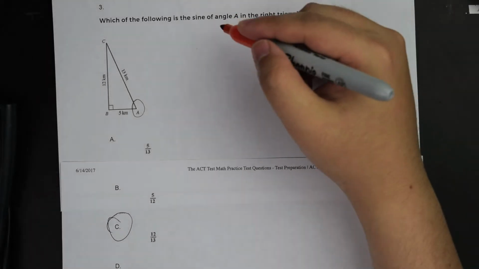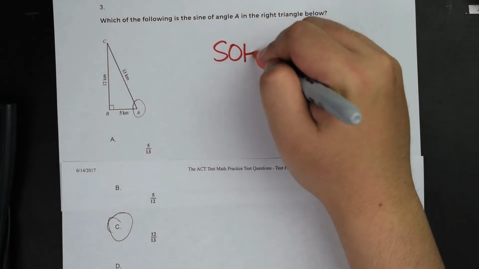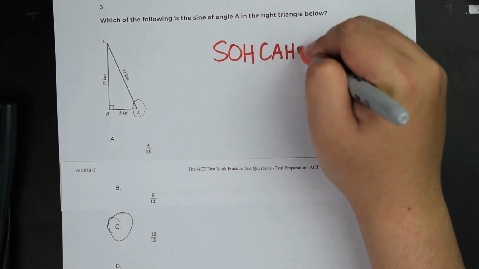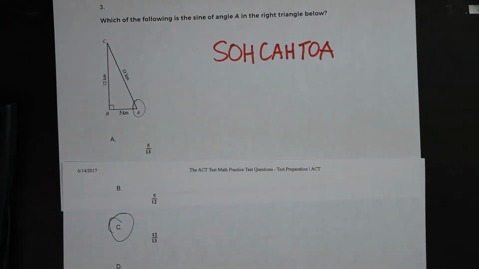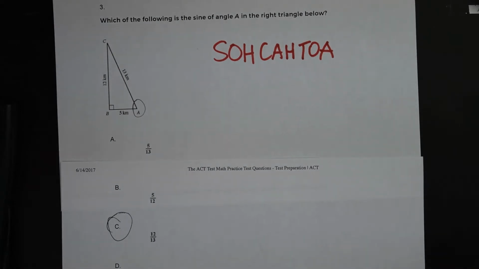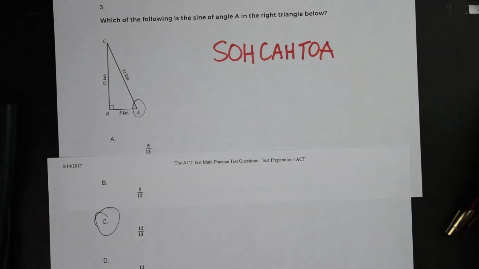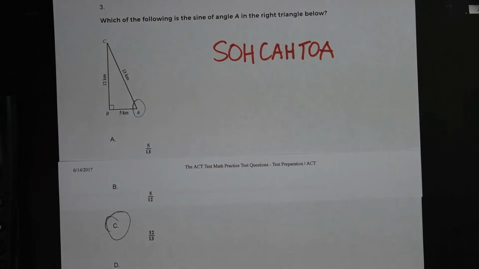So for number 3, the method you need to know for certain to be able to solve this is a method called SOHCAHTOA. And what is SOHCAHTOA? The SOHCAHTOA method is an acronym that we usually teach at the end of Algebra 2 and is also taught in pre-calculus. But SOHCAHTOA represents specific components. So it represents sine,